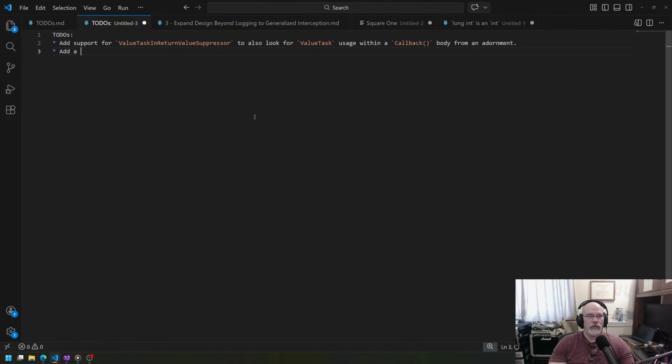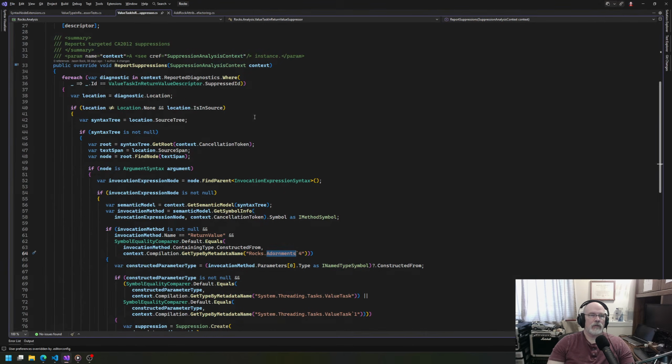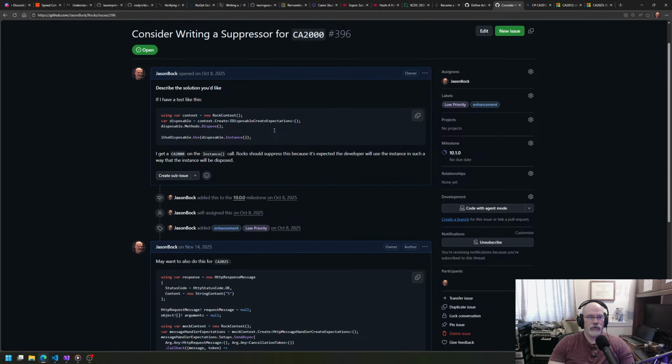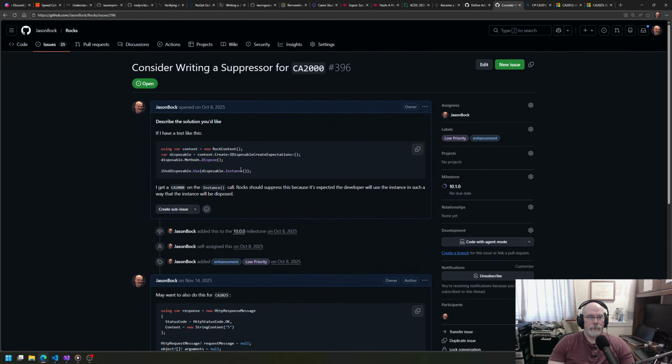We want to add a suppressor to suppress, I think it was CA 2025, within a return value, or we might as well do that right away, callback, call from an adornment. And then we also want to do this